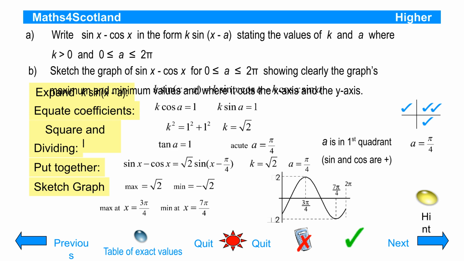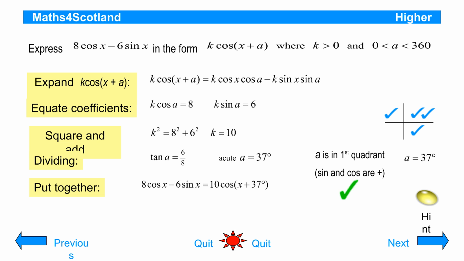Next, we tackle sine x minus cos x. We need to express this in the form k sine of x minus a and then sketch the graph, highlighting the maximum and minimum values, as well as the x and y-axis intercepts. For our third problem, we will express cos x plus sine x in the form k cos of x plus a. This will involve the usual steps of expanding, equating coefficients, squaring, adding, and dividing to find the constants k